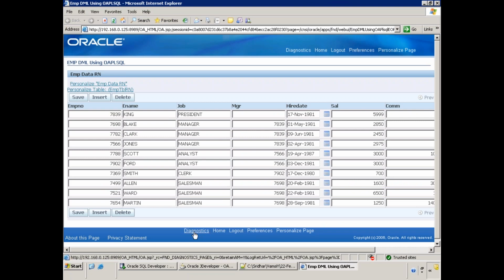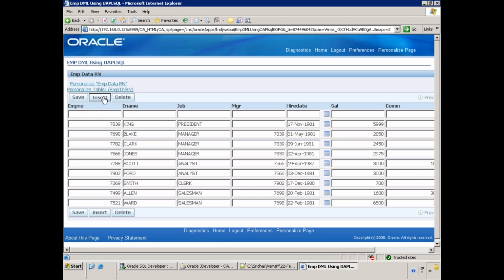Let's start with insert. Now it got inserted in the first position, right? You can try again. Click on insert again. Now let's say 10,